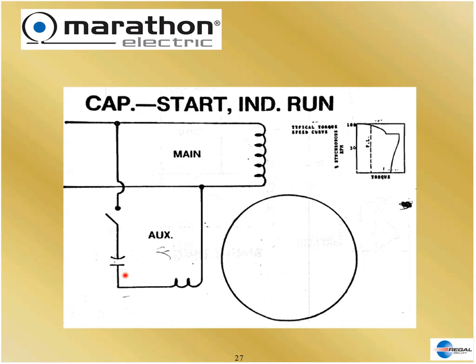The capacitor has impedance also. Impedance means it restricts the flow of power, like a garden hose. The longer the hose and the smaller diameter of the hose, the more restriction you have. That's called impedance in electric motors. Capacitors have impedance also, but theirs just happens to be opposite and inverse to inductive impedance. So this capacitor negates that impedance, gives us more pure power, and we get more starting